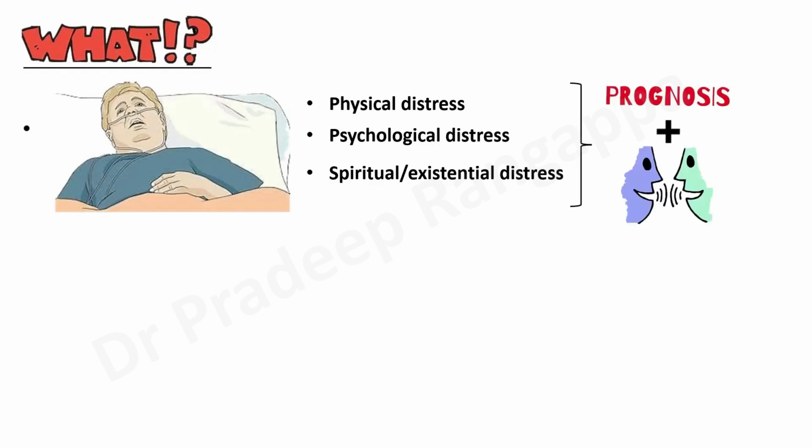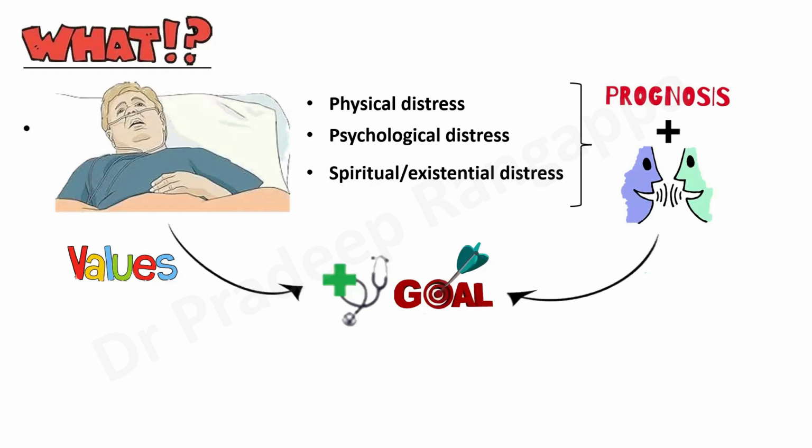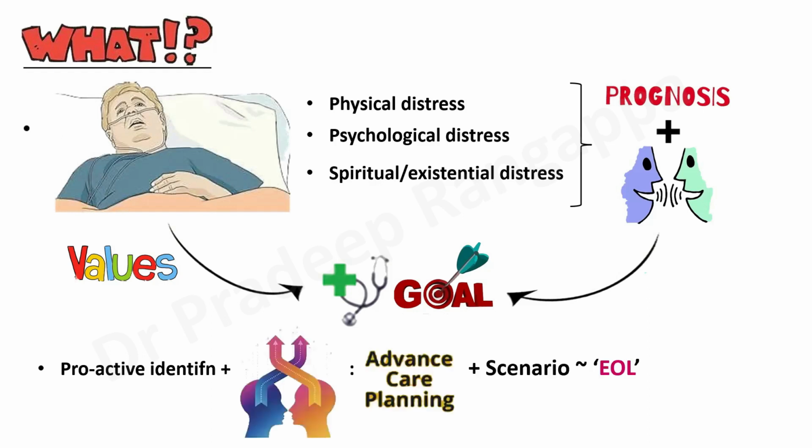Palliative care also involves prognostication as to how much time the patient may have, good communication, and setting clinical goals, keeping the patient's preferences and values in mind. These are the important components. I know I'm repeating this, but the whole science of palliative care revolves around good communication and setting clinical goals for the patient, keeping the patient's preferences and values in mind. We will be repeating this narrative because it forms the fulcrum of the whole of palliative care.